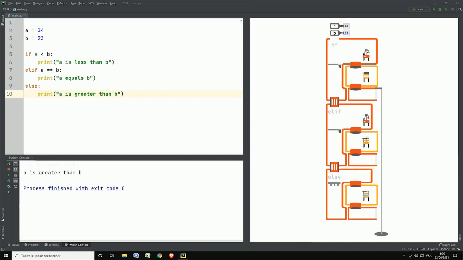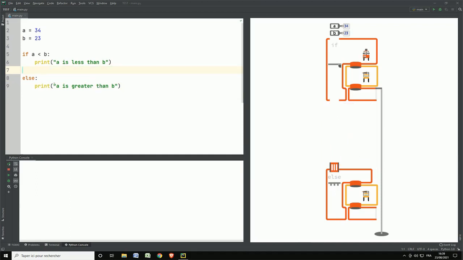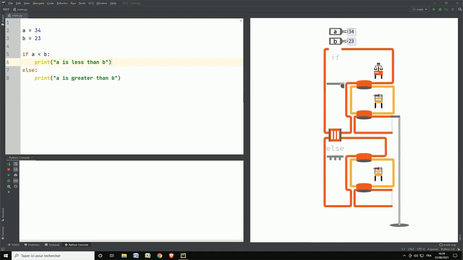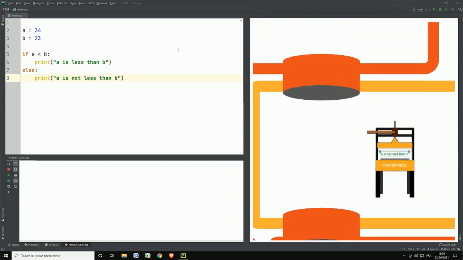As we saw in the else block presentation, you can also have an else block without an Elif block. For this example, we're gonna remove the remaining Elif block and see what it does. But before running the script, we have to change the print message, because if Pyto passes the first if block, it means that a is not less than b, but a can either be greater or equal to b. So we're gonna ask Pyto to print a is not less than b, because that's the only thing we know